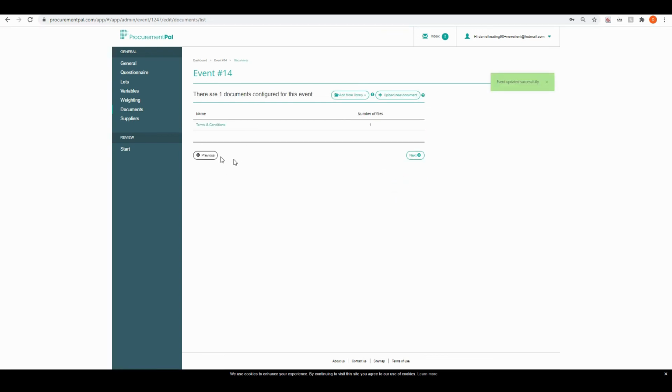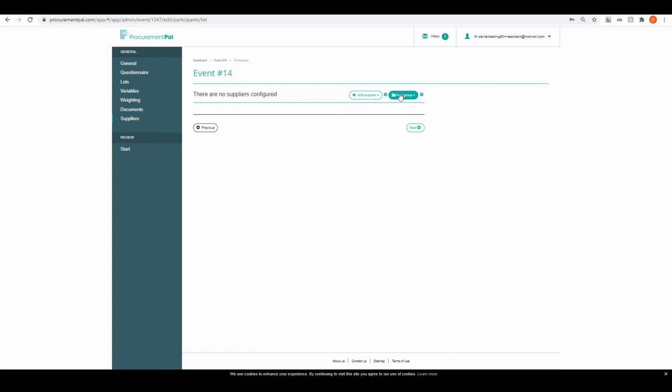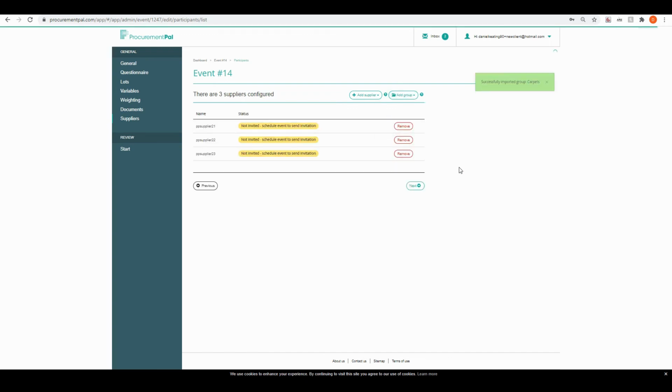I've pulled in the terms and conditions. That's automatic from my document library. I'm not going to add any other documents here. And then I'm going to add a group of suppliers, which is going to be all my suppliers that can supply carpets. So I pulled in that group that can supply carpets, and when I press next,